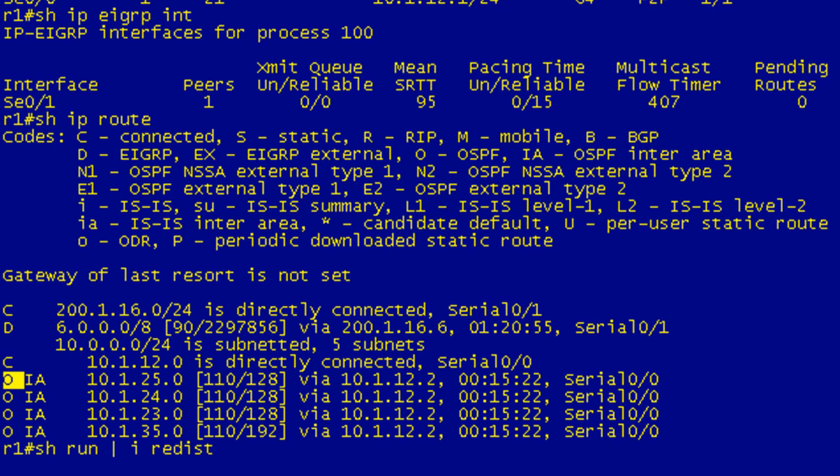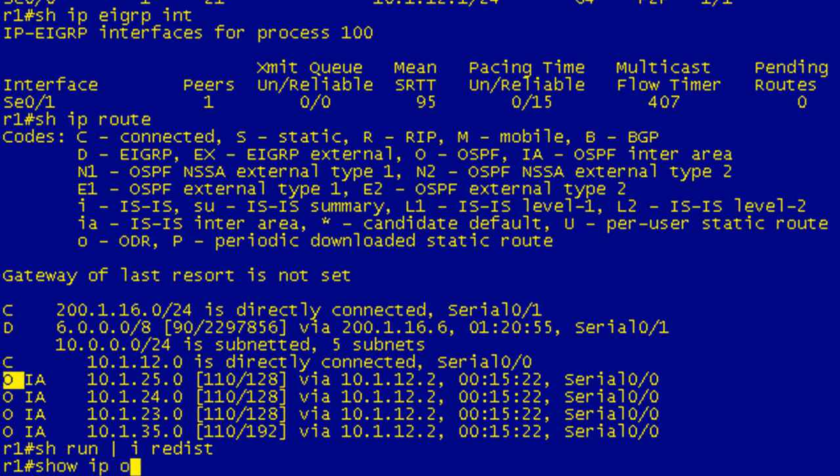And one last thing to show you is I'm going to do a show run include redist. And again, you don't have to know much about redistribution. I'm just trying to prove to you right now that I'm not redistributing between these two IGPs. So you're running two separate routing protocols on this router, and they're not redistributing at this point. And the reason I'm showing this is because now if I do a